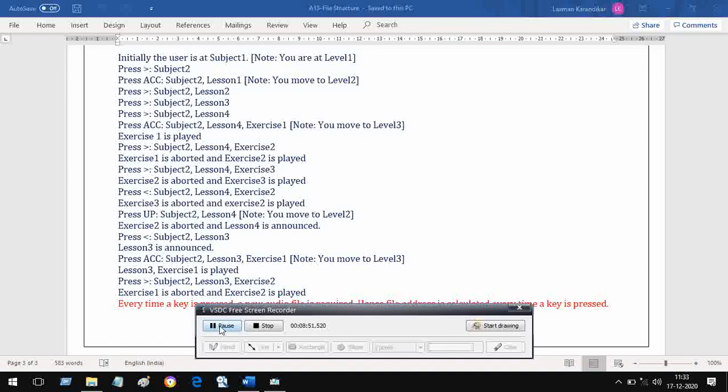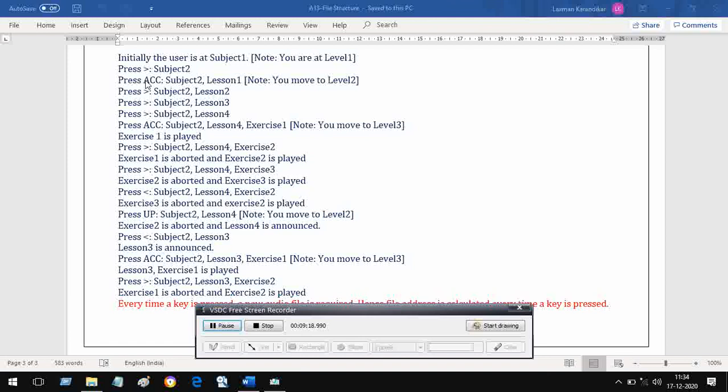Here I have shown an example. Initially the user is at subject 1, so you are at level 1. To start with, when you start the device, switch it on, you are at level 1. So when you press this next button, then you go to subject 2. You are navigating horizontally, you remain at level 1 and you have moved to subject 2.